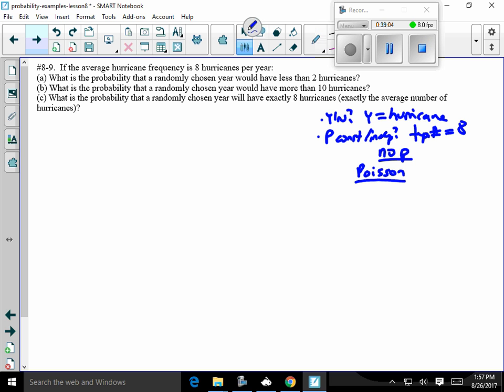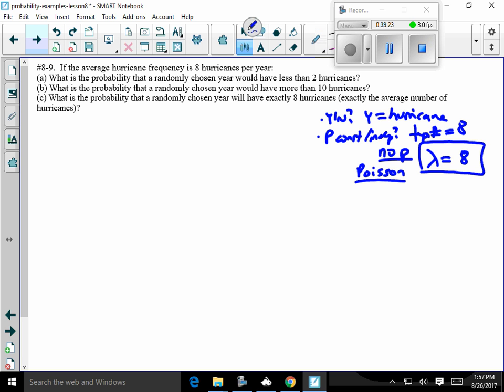The Poisson model is useful in this case because if I have information about the typical value, that typical value is called lambda. Lambda is the typical number of hurricanes, the typical number of successes. So that would be 8. So we do know that the typical value is 8. We can use